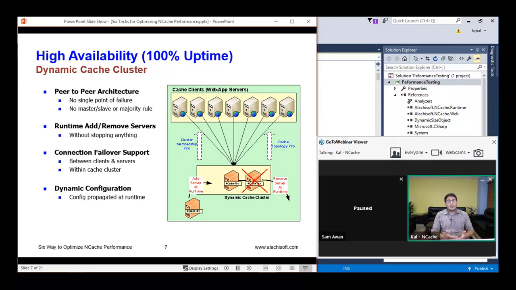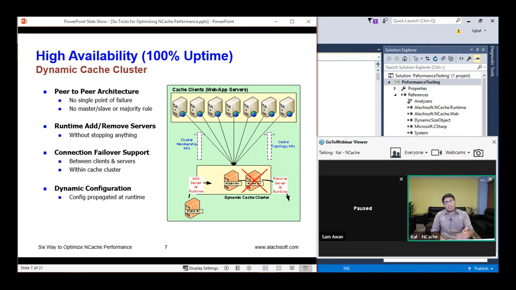It starts the recovery logic between the servers to redistribute the data or get the data from one of the backups. And on the client side, the clients fail over their connections to the remaining servers present within the cluster. So the data is not lost, and the clients continue to make their requests even if one of the servers has gone down. As long as you have one server up and running, your request would get handled.